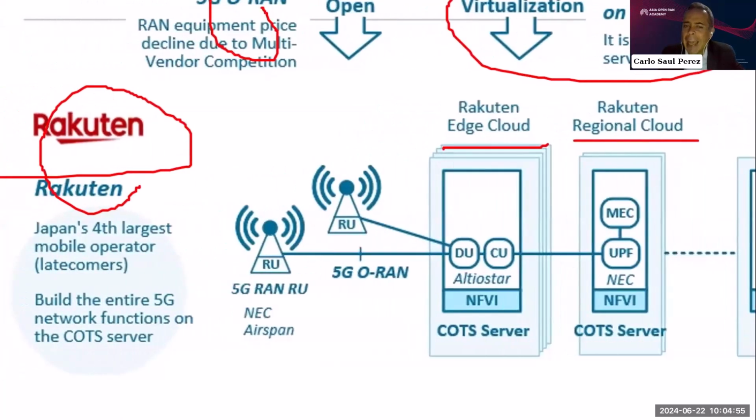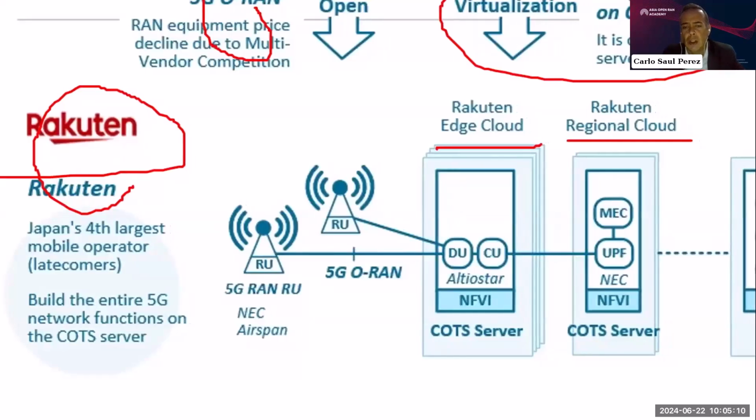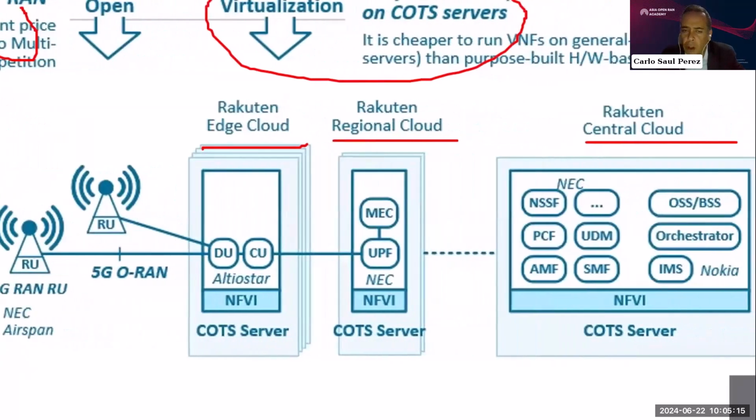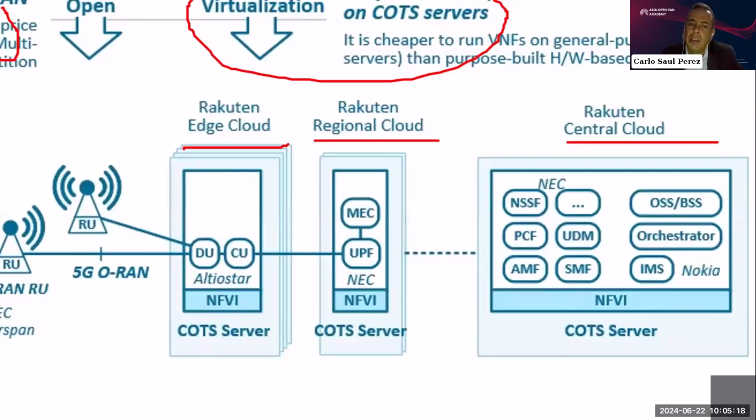And in this edge cloud, very close to the end user, they deployed this DU and CU. And very close to this, I mean, also in some other place, sorry, they put all of this BTS part. So as you can see here, I think it's a very good example of how they have deployed or used the central cloud to deploy the main functionality for 5G, and the regional and the edge cloud to deploy this RAN part, and also this user plane functionality from the core.